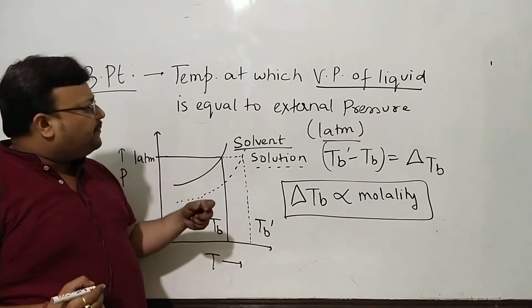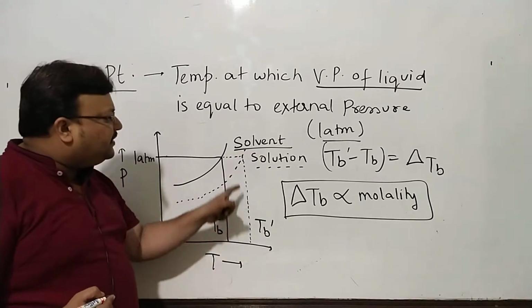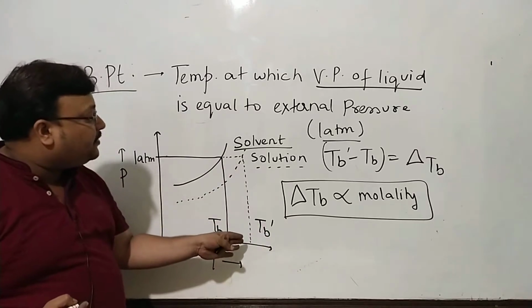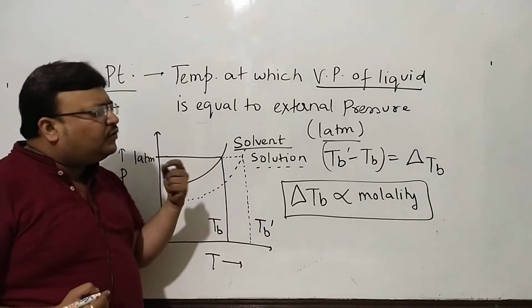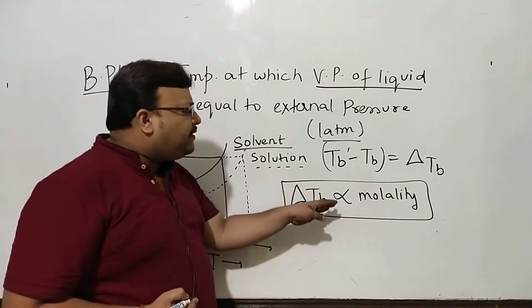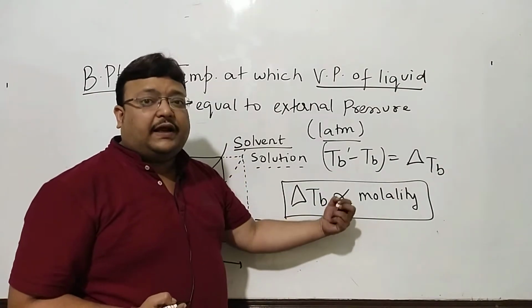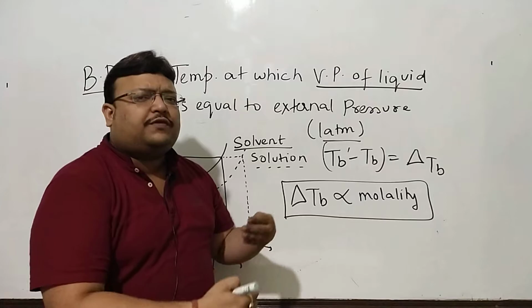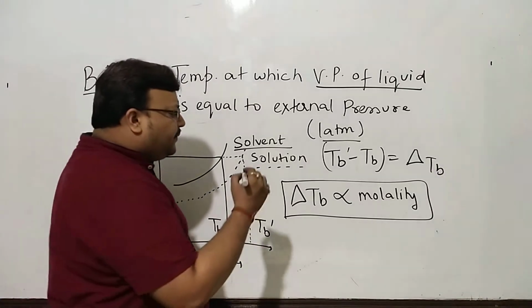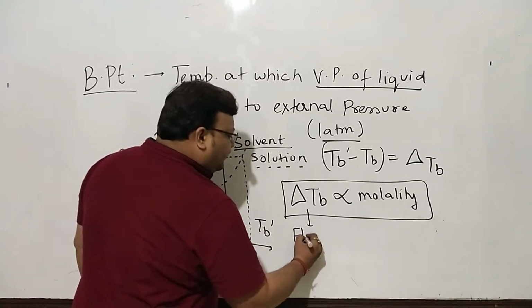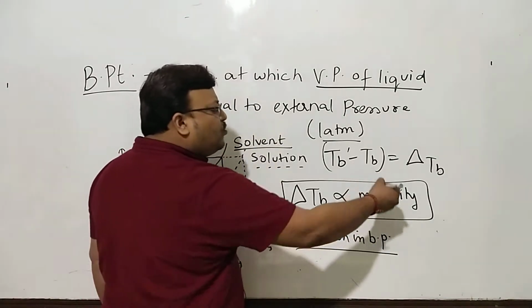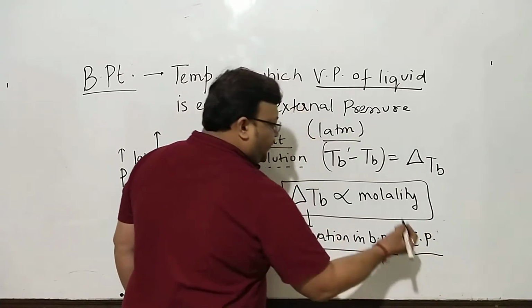Certainly we have understood that compared to a solvent, a solution having a non-volatile solute, because of a lowering in vapor pressure, will boil at a higher temperature. It will take a higher temperature for the vapor pressure to reach the 1 atmosphere value. And the difference, the increase, is called elevation in boiling point. We'll see this delta TB will be proportional to molality. We have not named any solute here. So for different solutes having the same molality, we'll have the same elevation in boiling point, and naturally it will be a colligative property. Because it is proportional to the count of solute particles, it will be a colligative property.